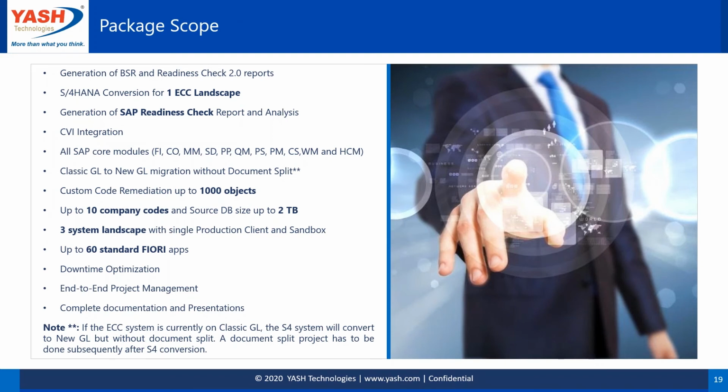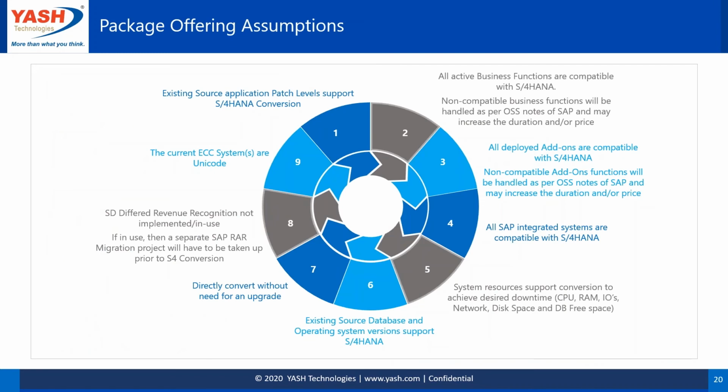And yeah, some of the assumptions are, of course, we assume that you're on the right patch level so that it doesn't require any OS upgrade or a DB upgrade. But otherwise, you need to buy those, we need to discuss about those add-on price options. And we assume all your add-ons are compatible, and all your integrated systems, SAP integrated systems like BW, etc., if you already have, are compatible with S4HANA, and they do not need an upgrade. If they do need an upgrade, say from BW 7.3 to 7.5, for example, NetWeaver, those things are not included, so we need to add those.